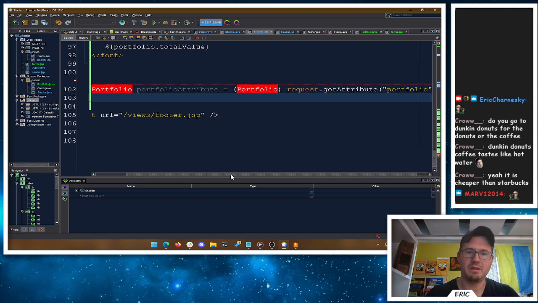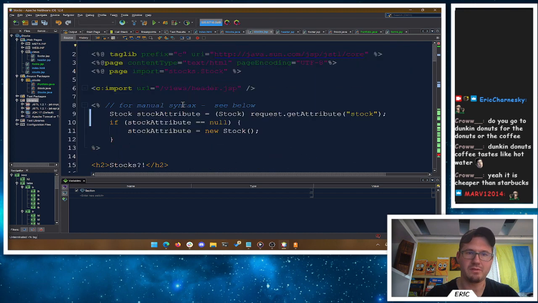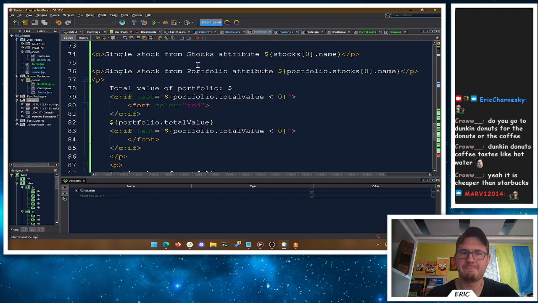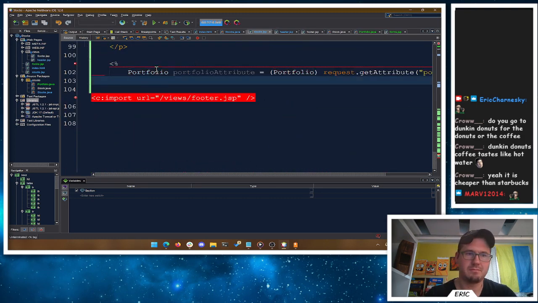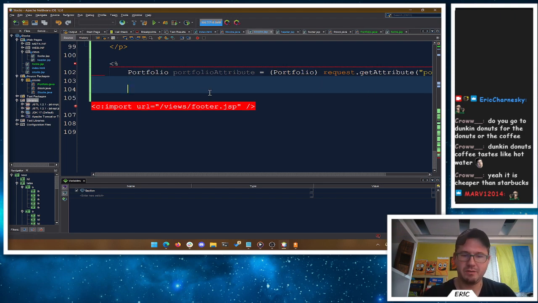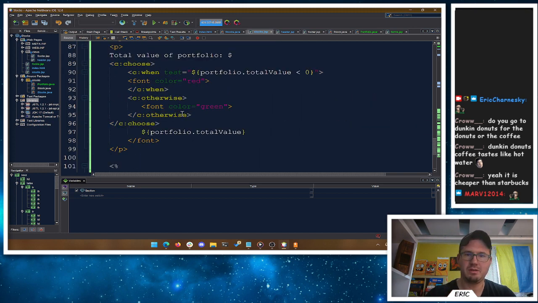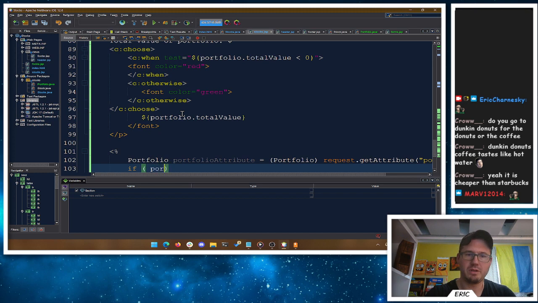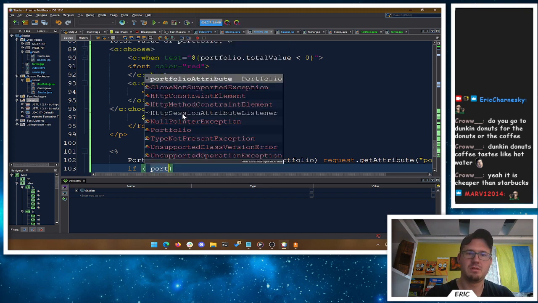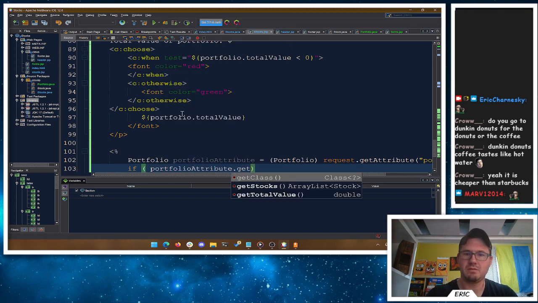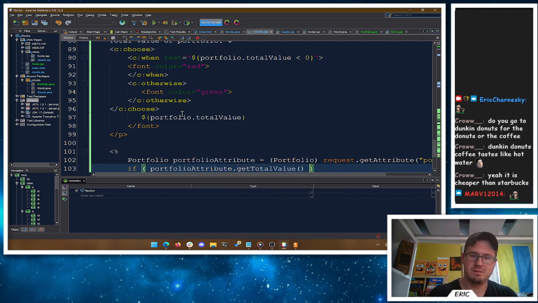here. And then it doesn't even know the portfolio, so we have to go up and add our imports, right? So we're importing stocks. How about stocks.star? Ought to work here for our page imports. There we go. Now it knows what a portfolio is. Eventually we'll end our code block here. And then we'd have to say, okay, now we have the portfolio. If my portfolio dot get total value, right, is greater than 0 or less than 0,